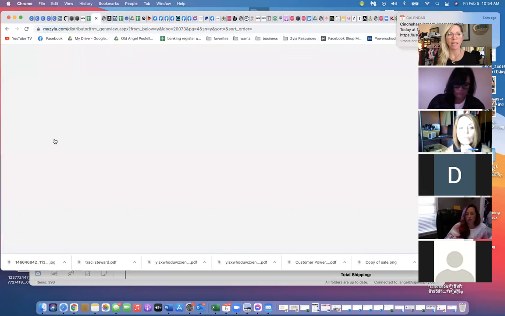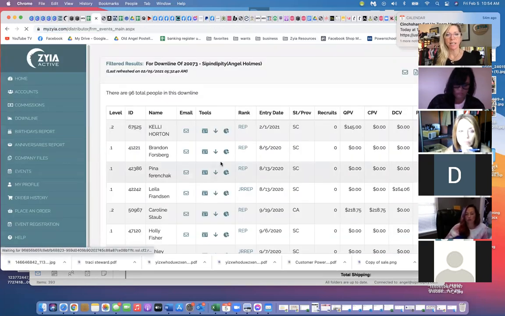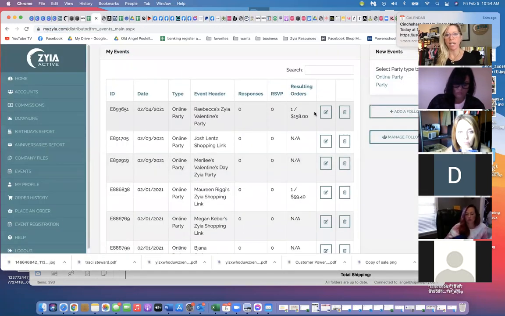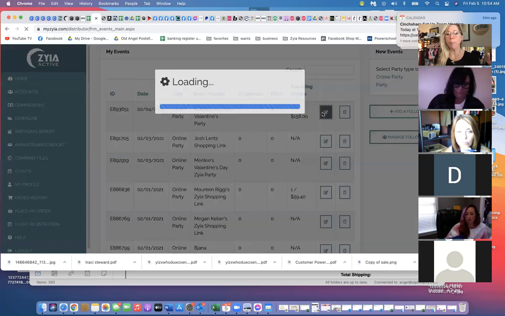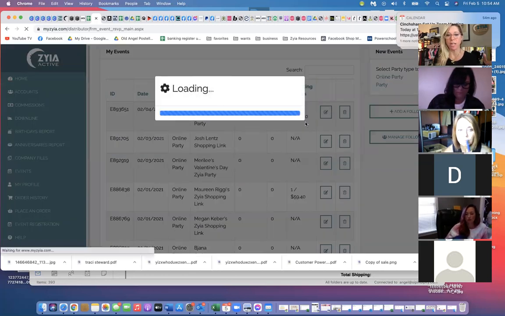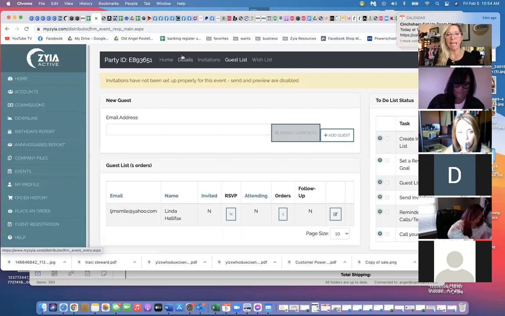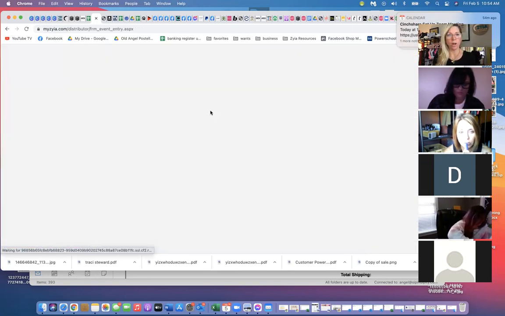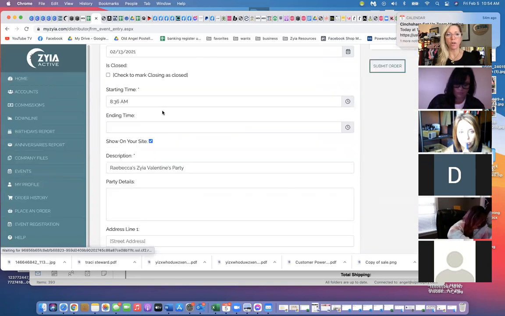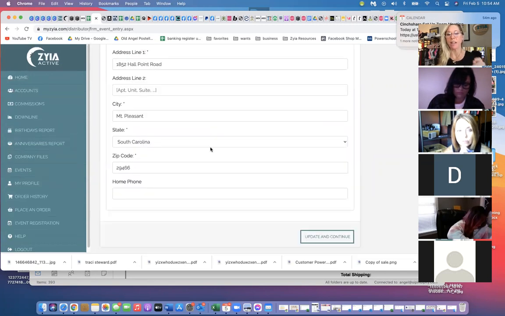How you do that is you hit events and you hit the event here. If it's not showing up on your website, make sure it is. So you hit edit, you hit details, and you make sure this is clicked right here, show on your site. It is automatic, so it should be clicked, but if not, click it,